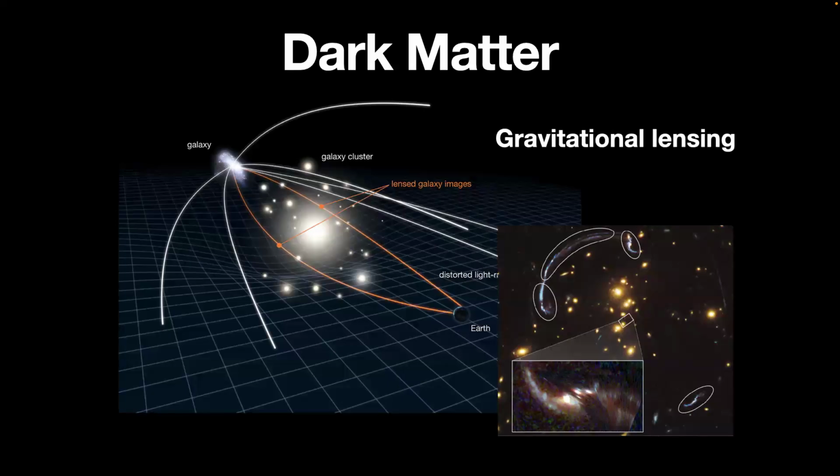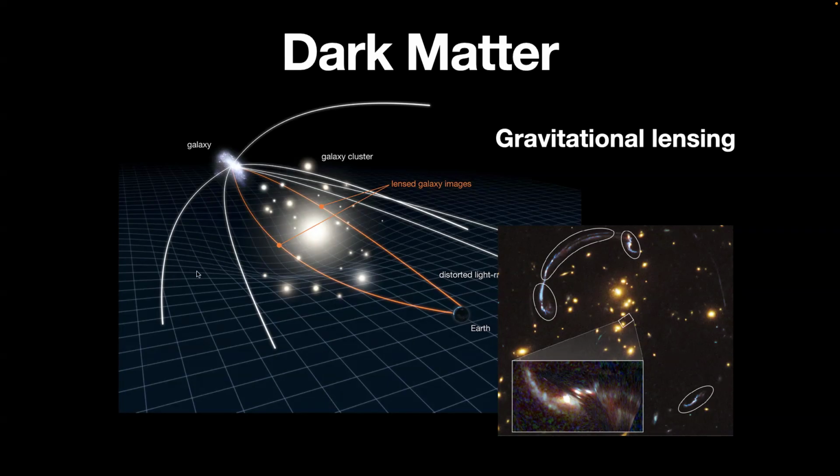There is also one method in particular called gravitational lensing. Matter bends spacetime and light follows that bend. And dark matter also bends spacetime. Sometimes astronomers can look at a massive cluster and see an arc of light. These are lensed galaxies from behind the cluster. Their light has been bent by all of the mass in that cluster. Astronomers can calculate how much matter is in the cluster based on how the light is distorted.